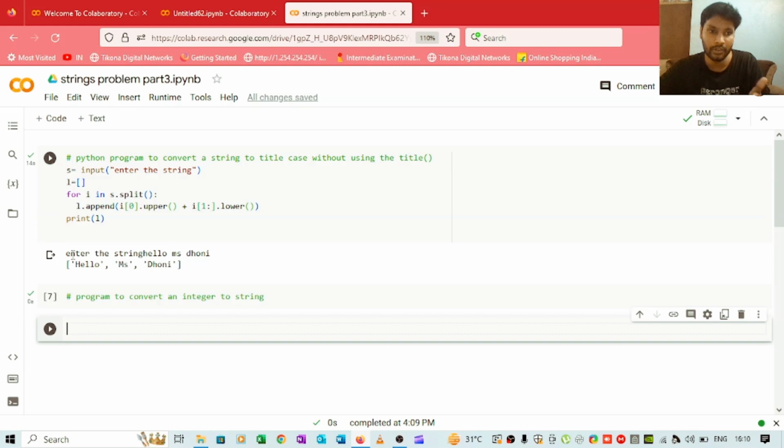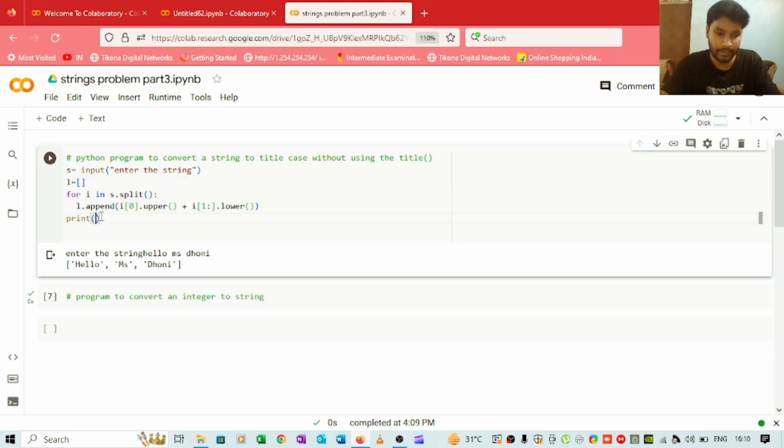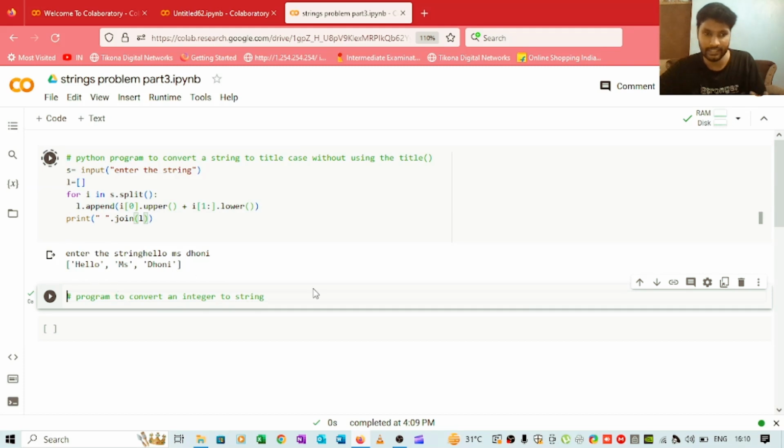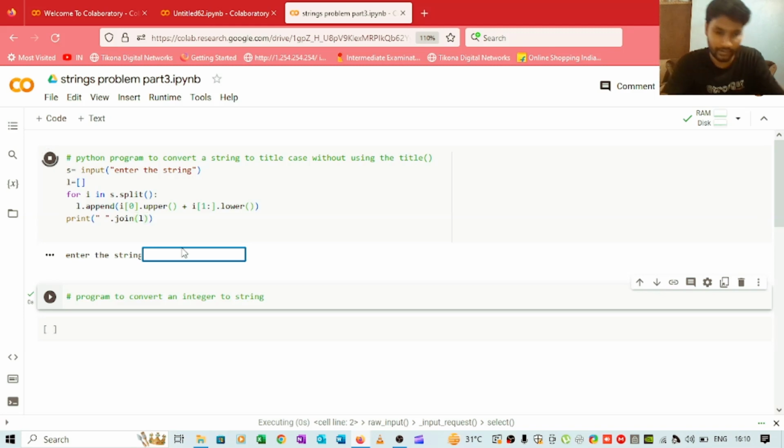For that, what we will do is simply join on the basis of space here. So instead of this L, we will simply take this, and we will join on the basis of this space, and we are joining L. And now if we run the cell, we will get the sentence. It's taking a bit of time, but it will run eventually. So hello MS Dhoni, and now if we run the cell,